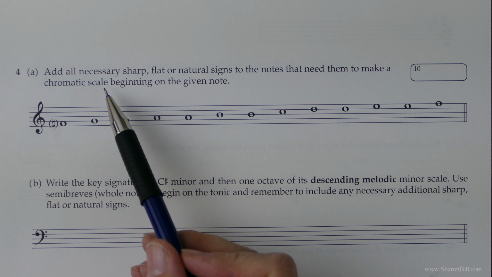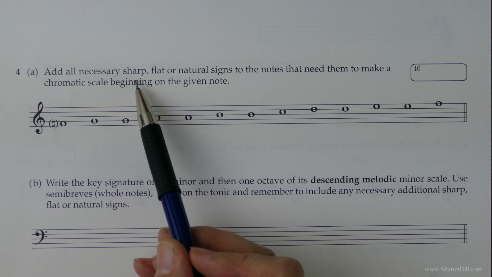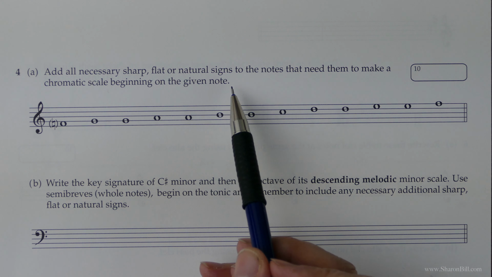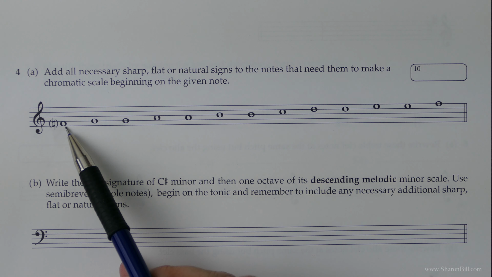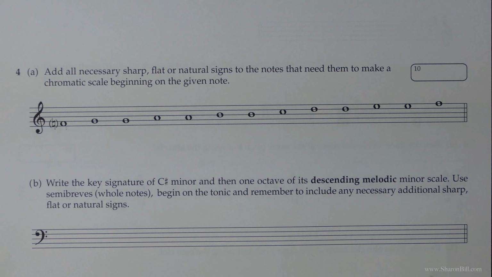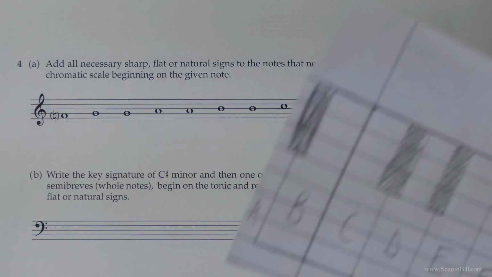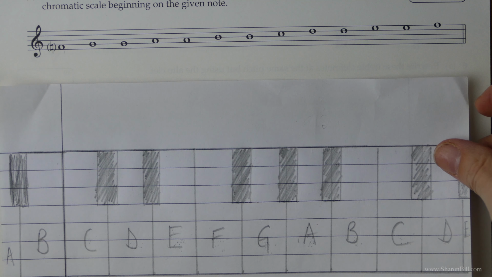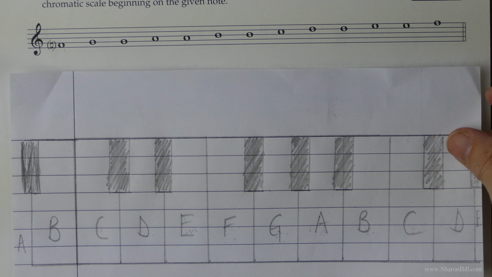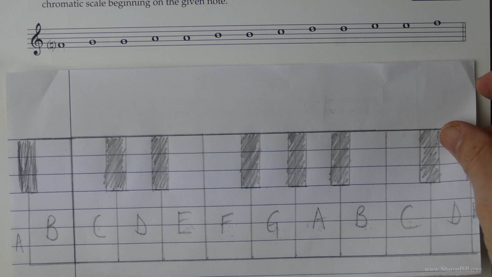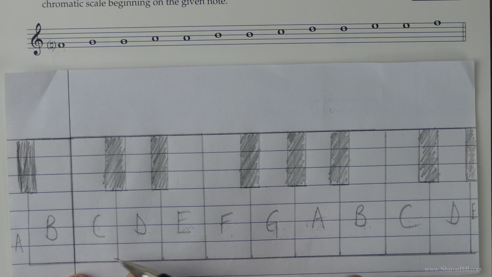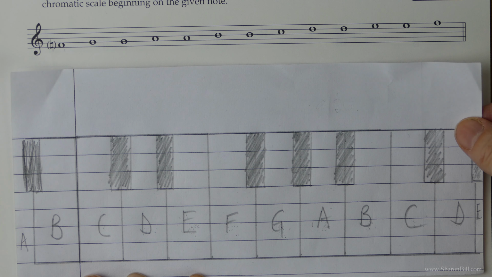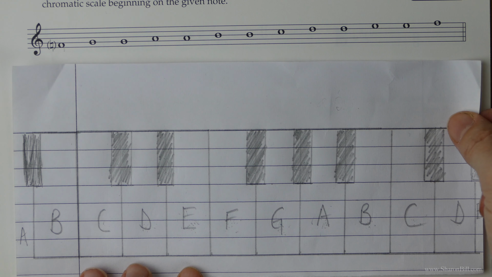Now here we're asked to add any necessary sharp, flat or natural signs to make the notes form a chromatic scale beginning on this given note here, F, and working our way up. Now even if you don't play piano, I always recommend that you just get used to glancing through the piano keyboard, because it really does help to visualise those semitone steps. It's easy enough to sketch out on a piece of scrap paper. Even on the exam day you will be given some scrap paper, and I would just do that quickly before